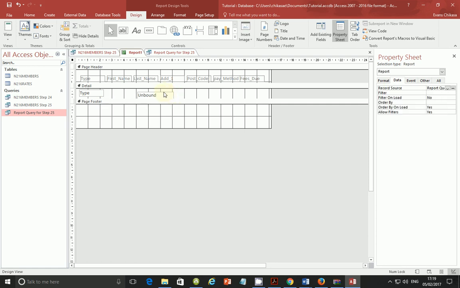You just need to delete the text box, then get this, put it here, resize it to suit this one, click inside, go to control source and pick up first name. Do the same for the next one, delete this one, get it there, resize it, click inside, get last name, then get another one,